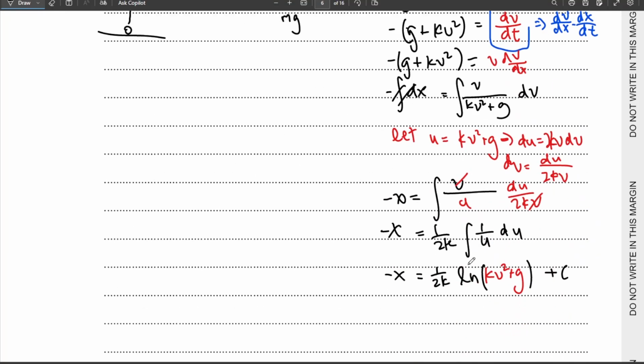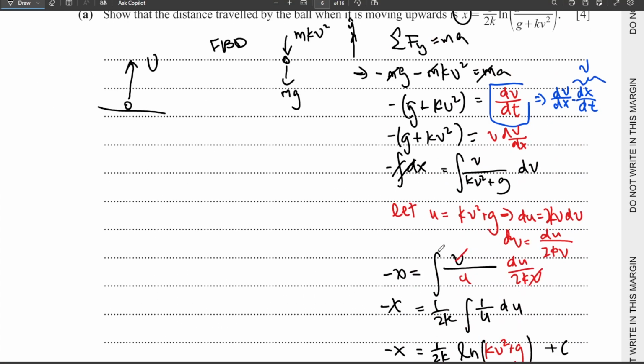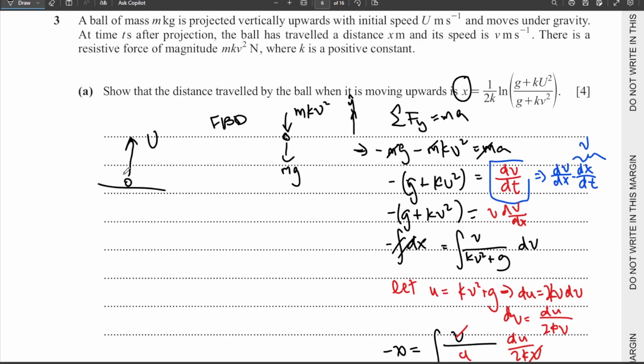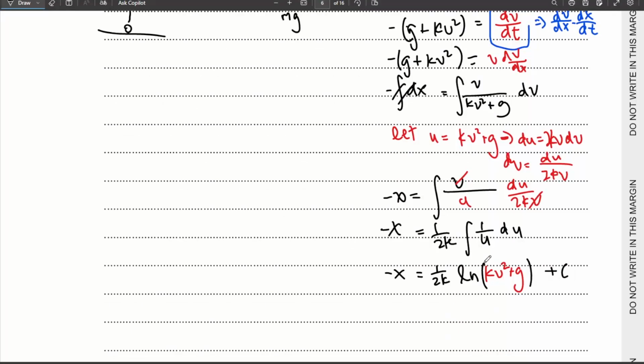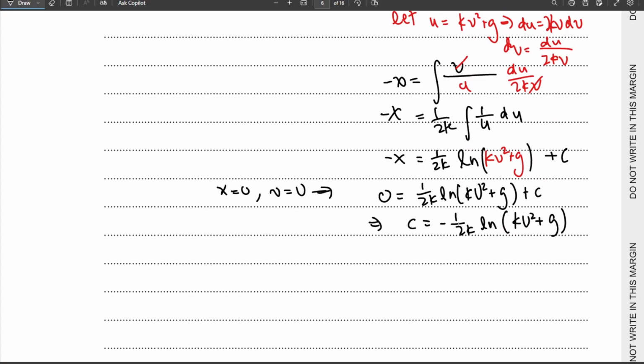What's the initial condition that we have? At the start, the speed is u when the displacement is 0. So initially displacement is 0 and the speed is u. So x equals 0, v equals u. We're going to do this substitution here, and so we are able to get the constant to be negative 1 over 2k natural log of ku